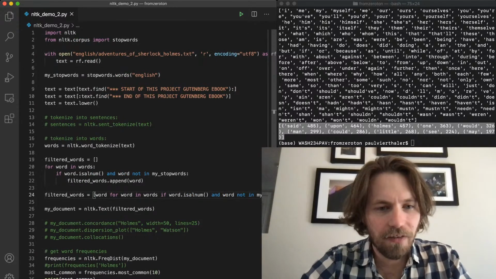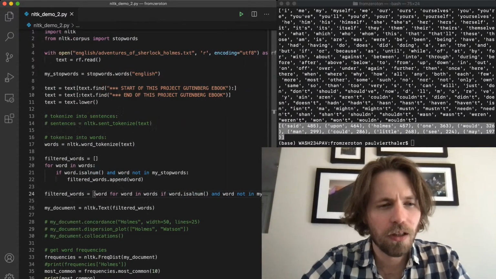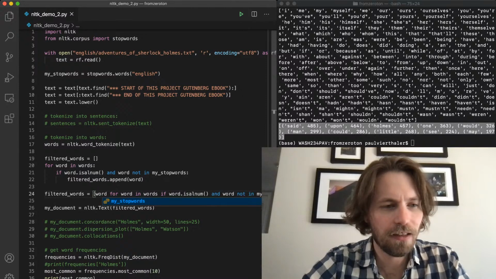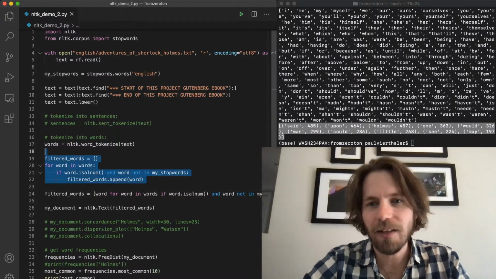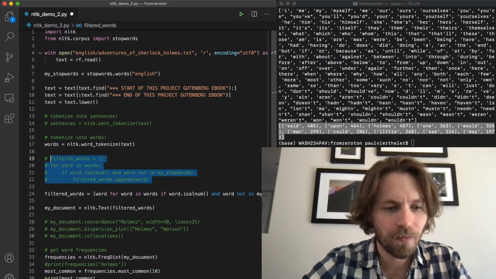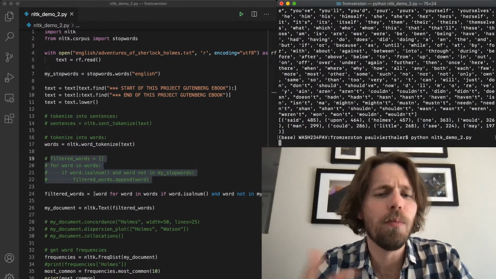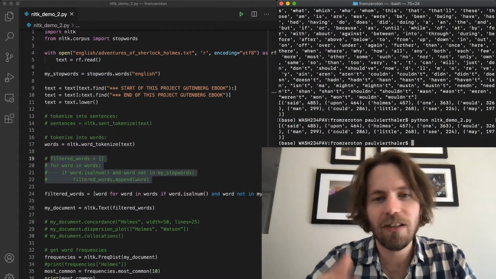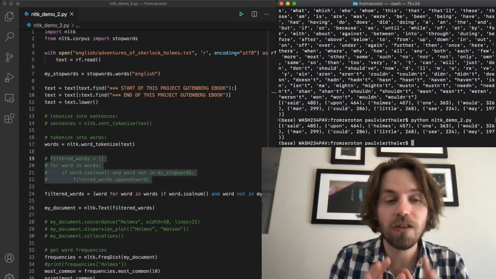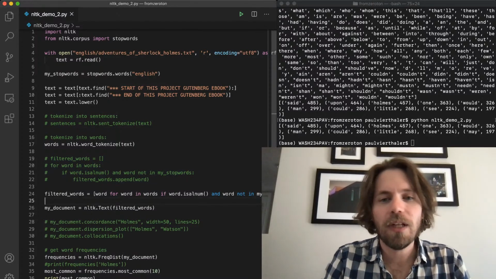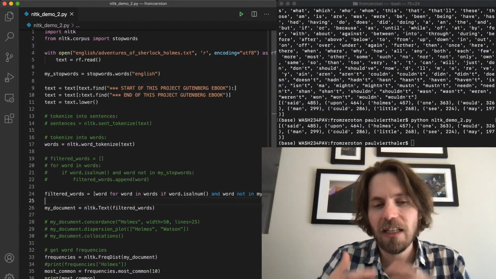And I believe this should work just fine. Let's comment this out and just make sure that it works. Sometimes when you start to add complicated or slightly more complicated booleans, it can get tripped up, but no, it looks like it worked just fine. So now we're filtering out our words in this